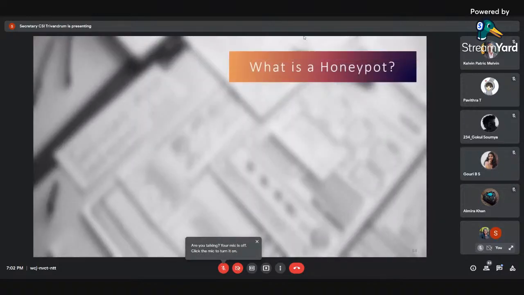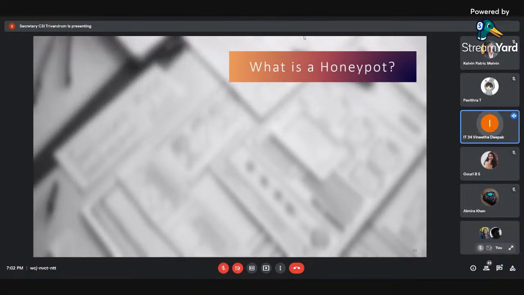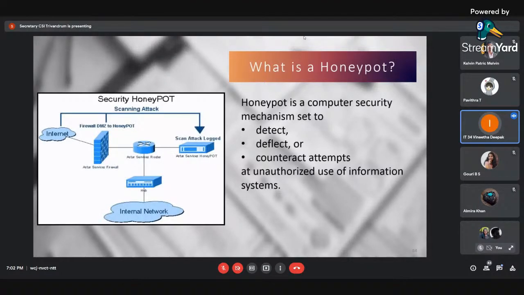Good evening, everyone. I'm Vinita Deepak, and my presentation for today is on the topic honeypot computing. It's basically a technique used as a trap for hackers. The metaphor of a bear being attracted to and stealing honey is the idea behind this technique. So, what is a honeypot? A honeypot is a computer security mechanism set to detect, deflect, or in some manner counteract attempts at unauthorized use